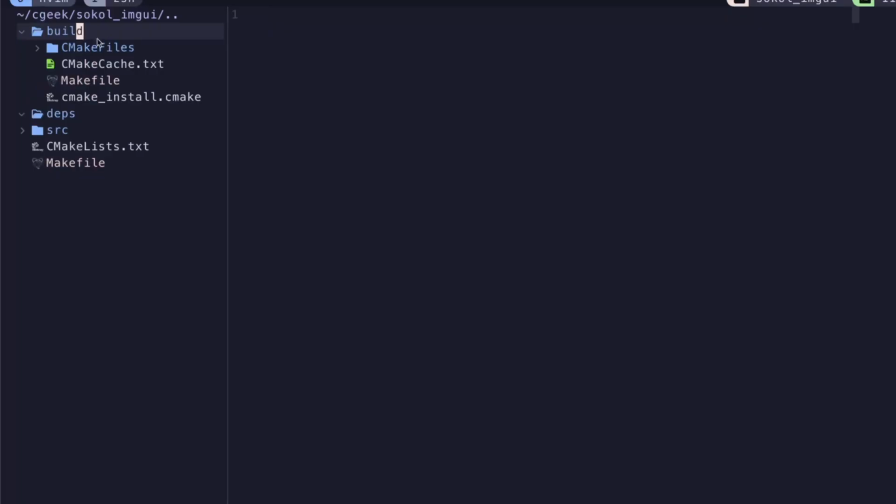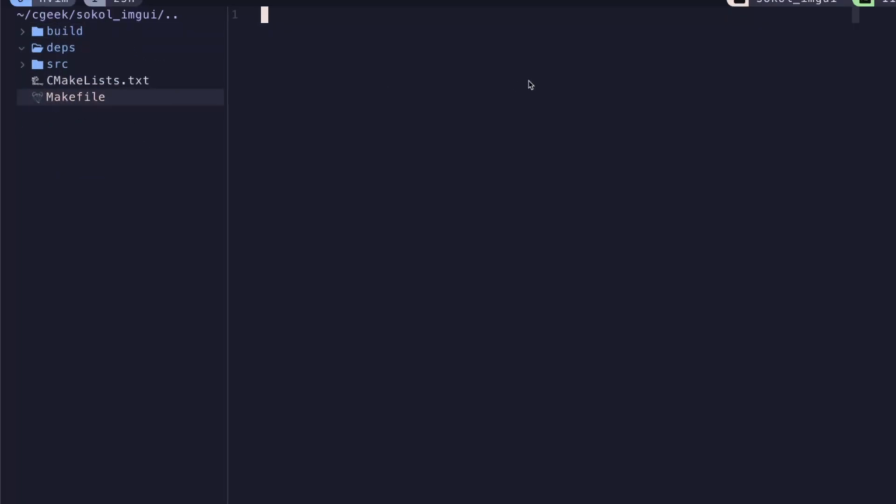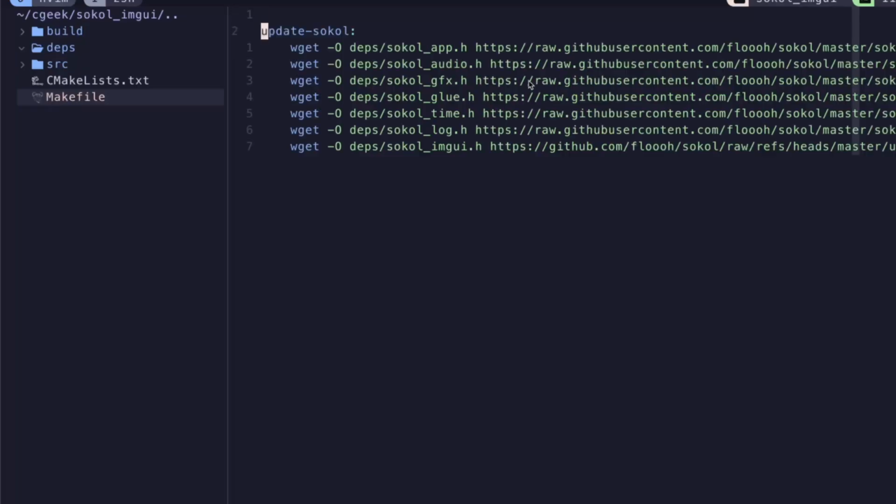we've got a build folder. This is my actual building of my program. And I'm going to use makefiles here just as a utility script runner. It's just going to run a heap of commands for me. I've just copied this from a previous repo because I've done this before. So I've just got a make task here to do update Sokol. And what it's going to do is go and fetch that file from GitHub. So you can see here, this is